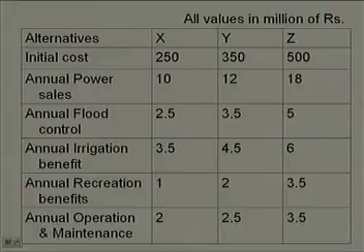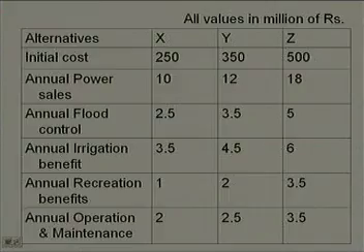The annual flood control is 2.5 million in case of X, 3.5 million in case of Y, 5 million in case of Z. Similarly, annual irrigation benefit is 3.5 million for X, 4.5 million for Y, 6 million for Z. As far as annual recreation benefits are concerned, 1 million for X, 2 million for Y, 3.5 million for Z. The annual operation and maintenance cost is given to be 2 million for alternative X, 2.5 million for alternative Y,